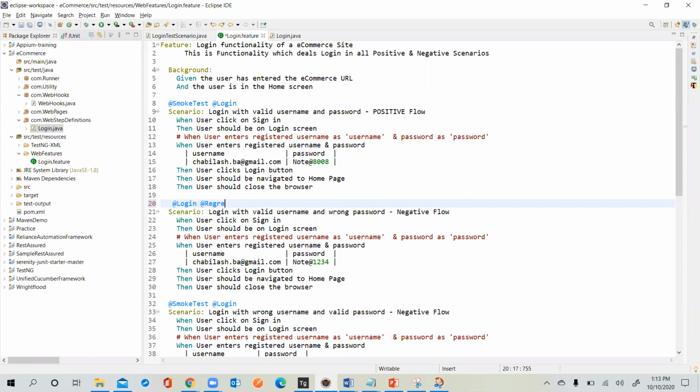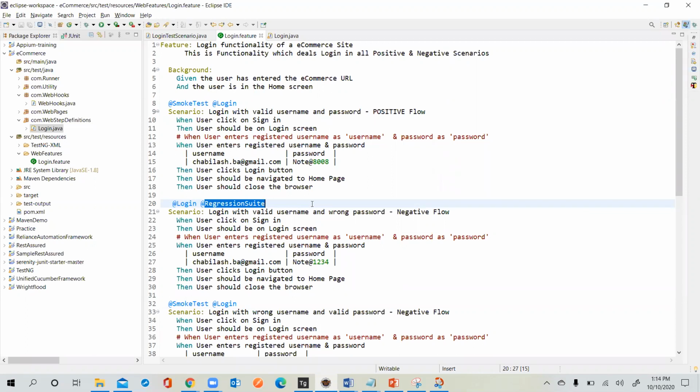See guys, whenever you see that at the rate symbol, those are called annotations. So these are the Cucumber annotations. Now if you see here, line number 8 that scenario, line number 32 that scenario, whenever I try to execute for smoke, it will pick those up and execute them. And when I'm trying to execute for regression suite, then I'll give the 20, and it will take this particular 20. So these are custom tags.